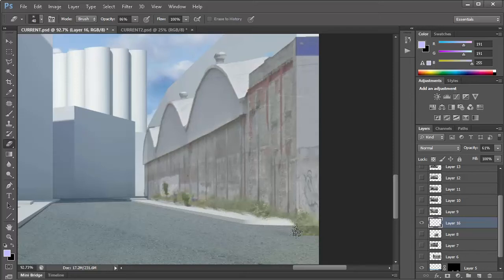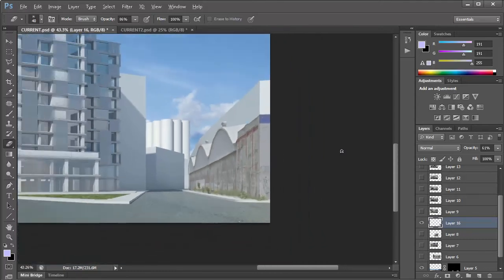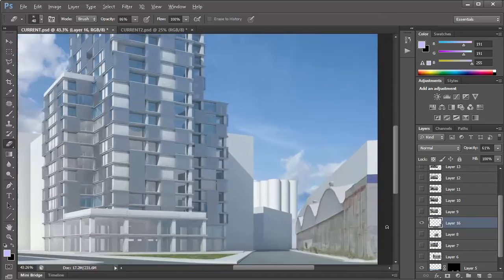Maybe a bit more carefully than what I'm doing here. And so that's gotten blended properly.